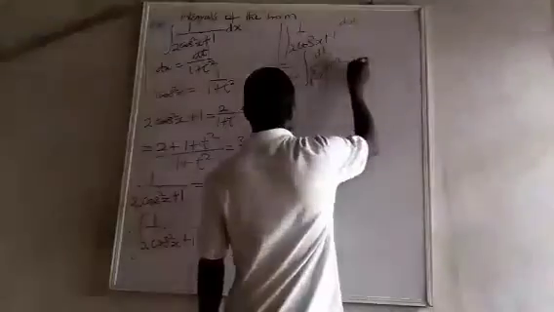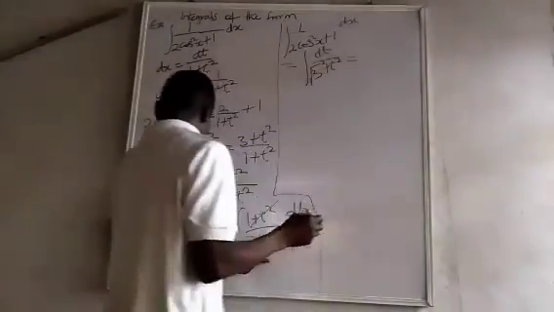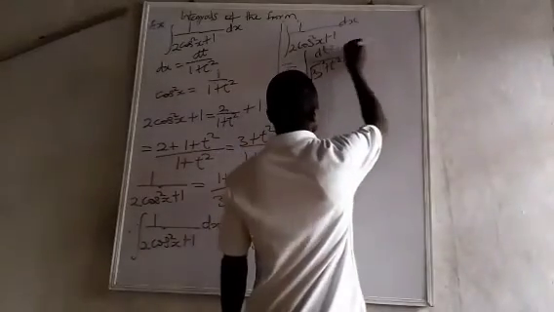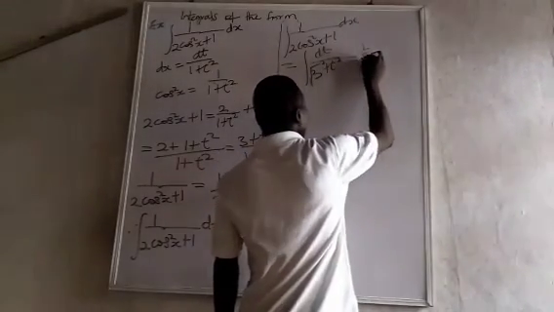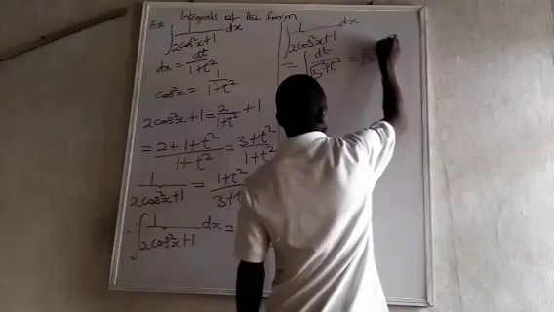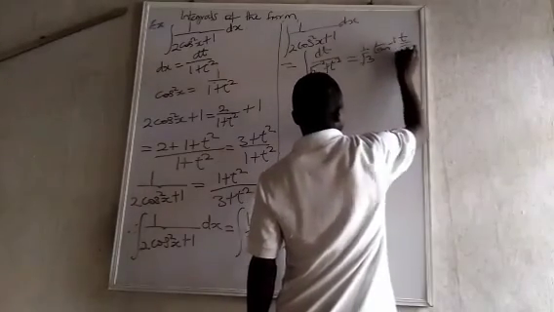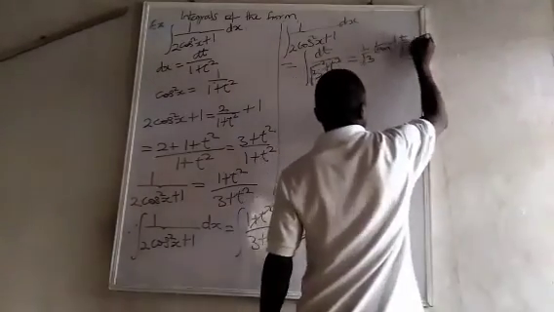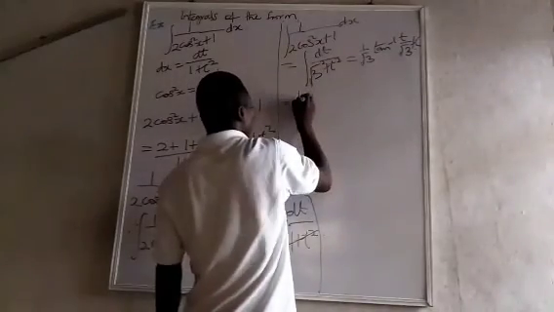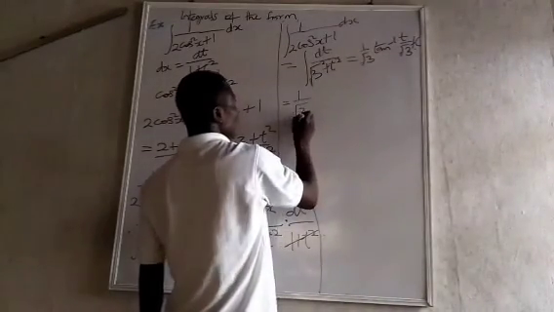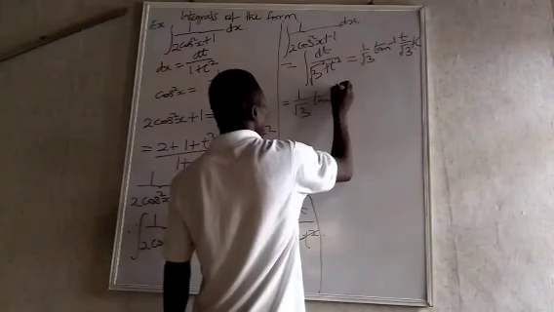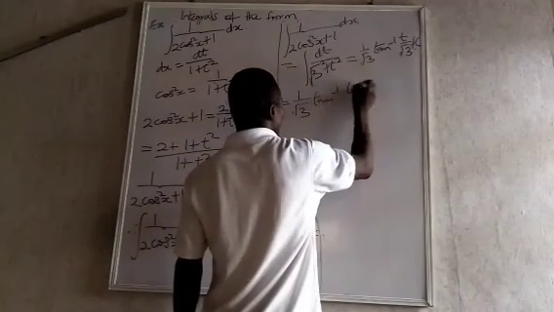So it's going to be equal to 1 over root 3 arctan t over root 3 plus c, which should be equal to 1 over root 3 arctan tan x over